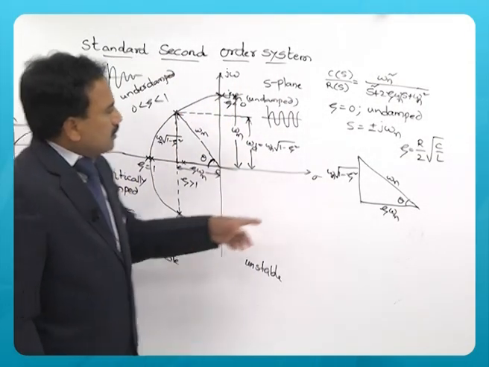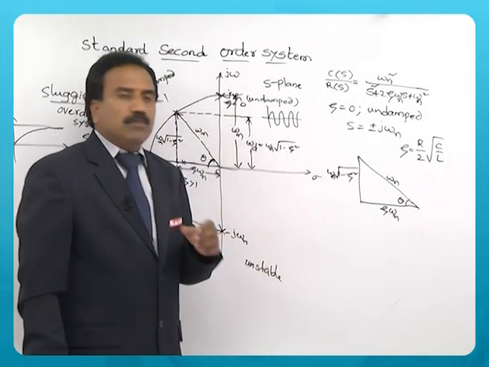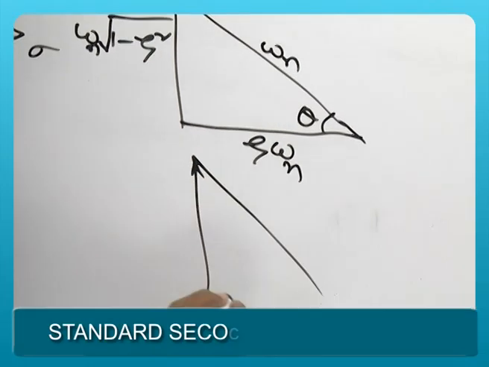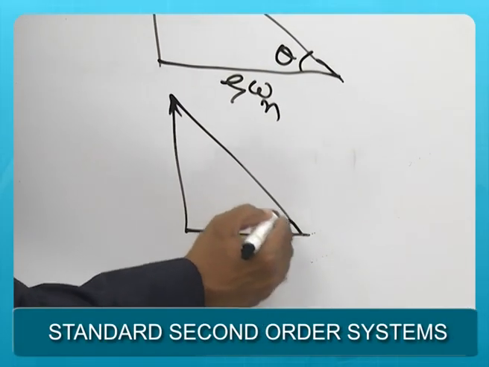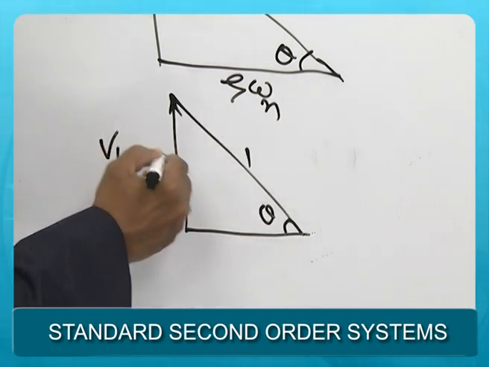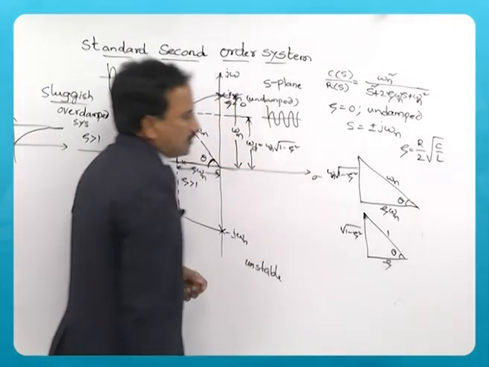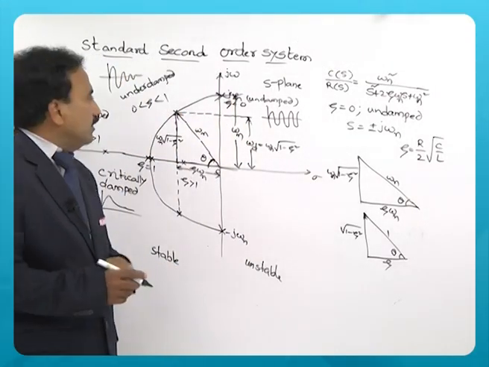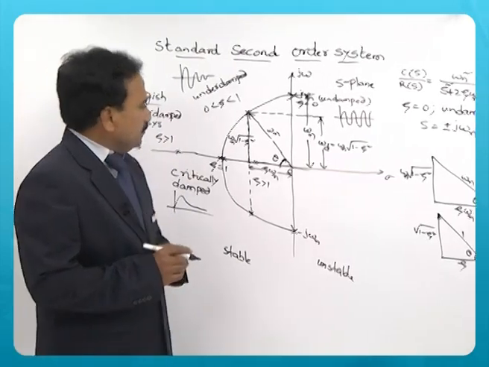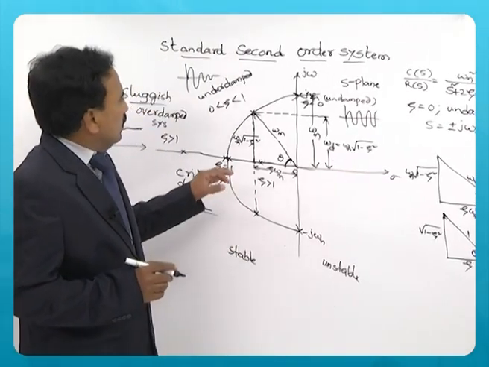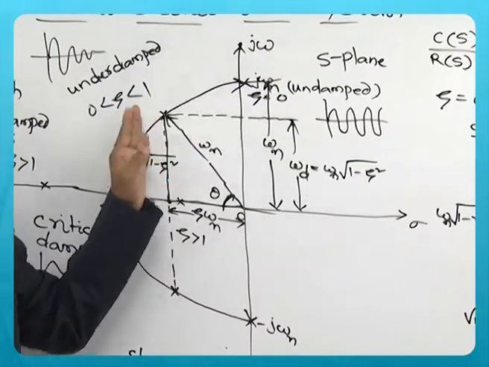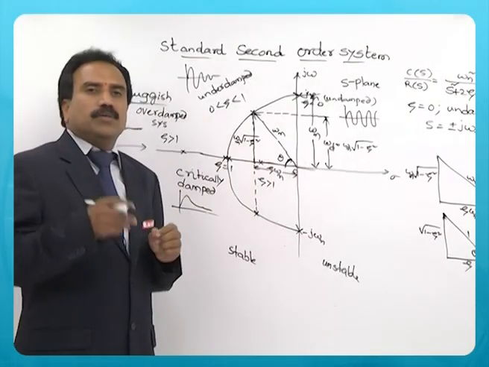So, you can see in all the three parameters omega n is constant. So, you can say that this is theta, this is 1, this is 1 minus zeta square under root, this is zeta. A right angle triangle evolved from pole zero diagram. Now, once you have understood that the poles are moving away from the imaginary axis when you are increasing zeta,